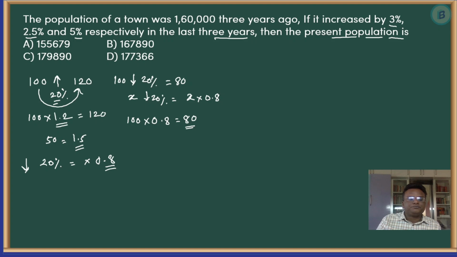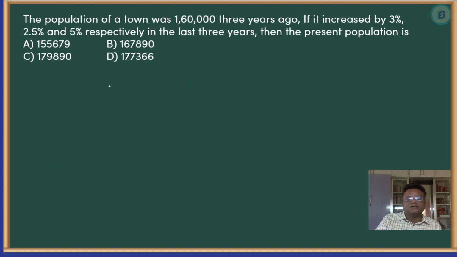Let me erase this. And now my original population was 1,60,000. Increased by 3%. So I'm going to multiply by 1.03. Then it increased by 2.5%. And then 5%, that is 1 point